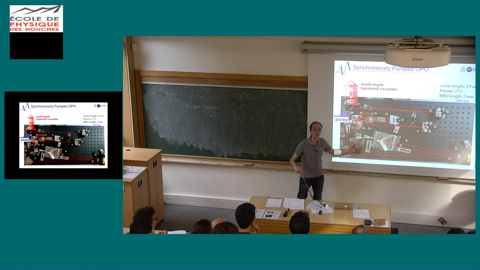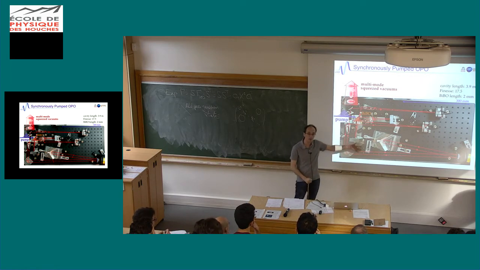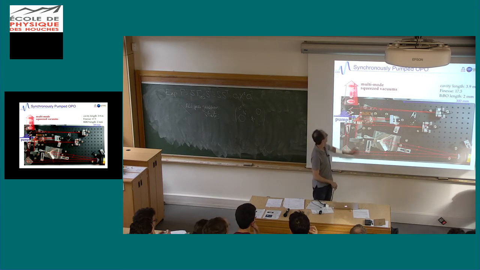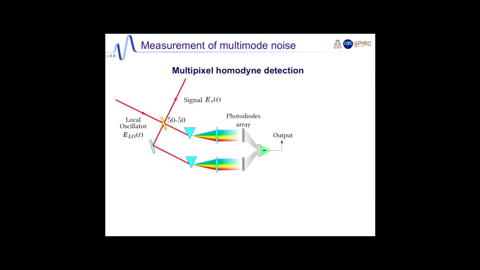So this never works completely, because then you have dispersion in the cavity and all these things. But for a spectrum of 10 nanometers, it's fine. We have no dispersion effect, and it's a very low finesse cavity, like 20 or 30. So it resonates for all these frequencies without too many problems. Okay? So this is how we generate this squeezed light. Then I have a photo of the experiment. I left it here. Well, you're most welcome.